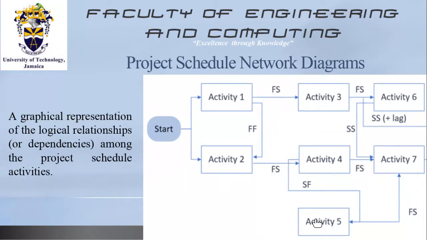Finish relationship. So activity 5 cannot finish until activity 4 is started, which is very obvious. Let's look at 7. For activity 7, it's a start relationship. It cannot be finished until